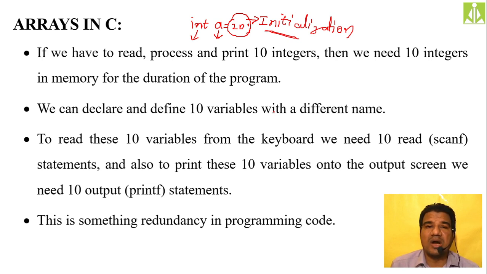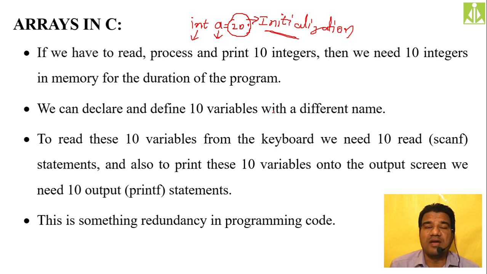As the number of variables increases, the names of those variables will also increase. And in order to frame the logic on those variables, the programmer's responsibility is to remember those names, isn't it? Up to 5, 10, or 15, it will look an easy job, because remembering 5 names, or even 10 names, is not difficult. But when we go for 50 variables or 100 variables to maintain, the complexity will increase and the difficulty of remembering those names will also increase.